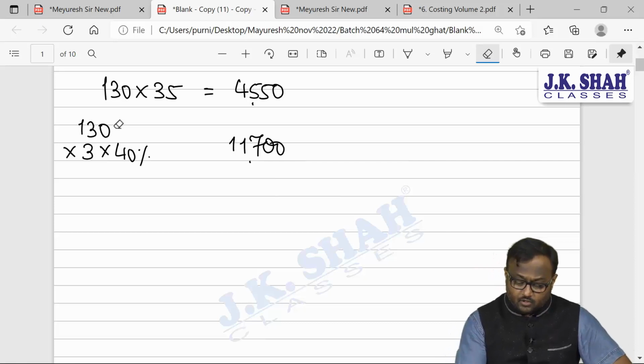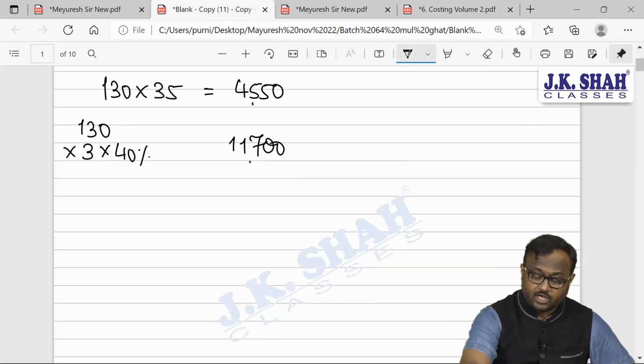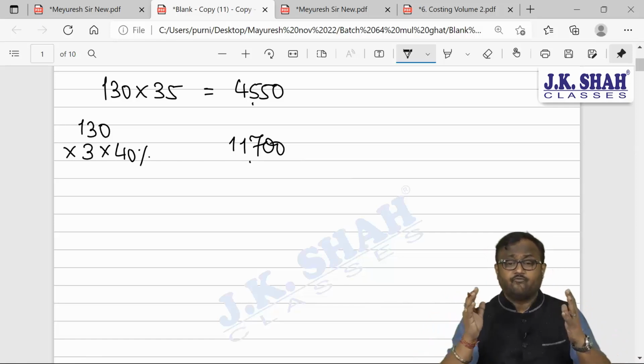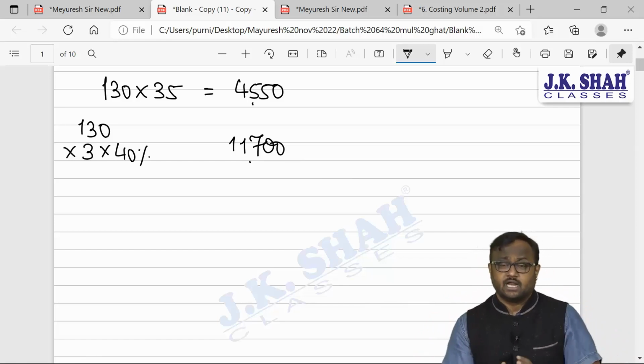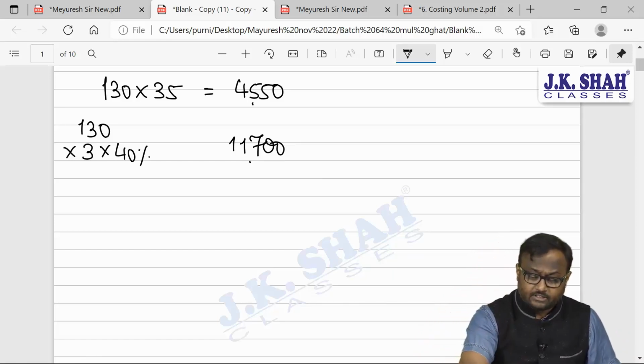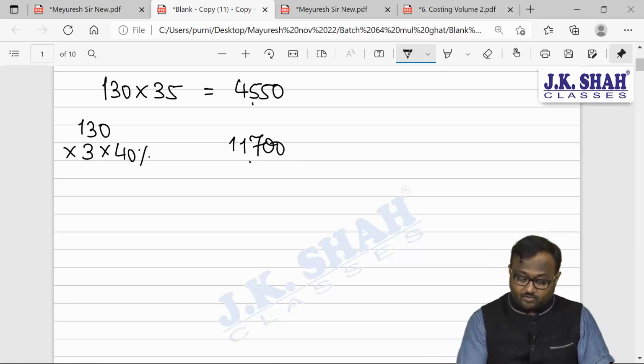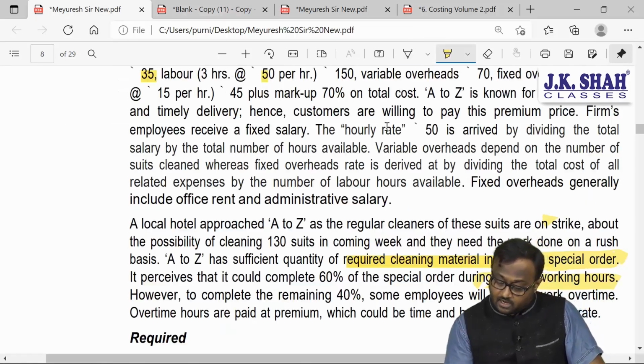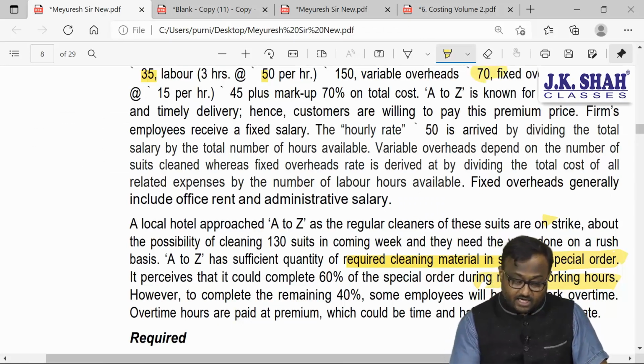तो 130 units extra बनाने के लिए 3 घंटे के हिसाब से 390 आवर्स चाहिए। 390 में से 60% मेरे पास है, 40% एक्सेस काम करना पड़ेगा। तो सारे वर्कर्स अब 156 आवर्स एक्स्ट्रा काम करेंगे। 50 रुपीज तो देना ही पड़ेगा प्लस प्रीमियम। सो 1.5 टाइम्स दे रहे हैं उनको 50 रुपीज का, तो 11,700 विल बी योर कॉस्ट लेबर की। वेल, फॉर वेरिएबल ओवरहेड्स द रेलेवेंट कॉस्ट इज ऑलरेडी गिवन टू बी 70,